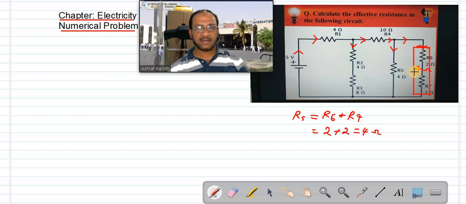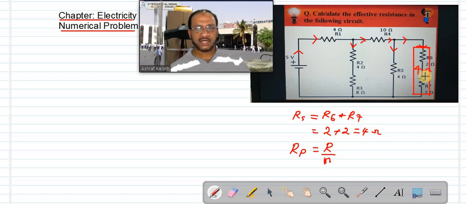These two are in parallel. So this 4 ohm, this 4 ohm are in parallel. So we can find the parallel combination RP, P for parallel. Both are 4 ohm. If same value of resistors are connected in parallel, we can use the simplified equation of parallel combination, R by N. Actual equation is 1 by Rp is equal to 1 by R1 plus 1 by R2 plus 1 by R3. But here we can use simplified equation R by N because